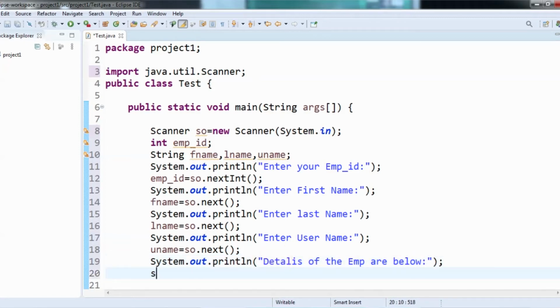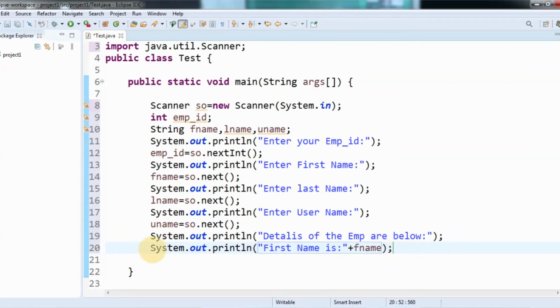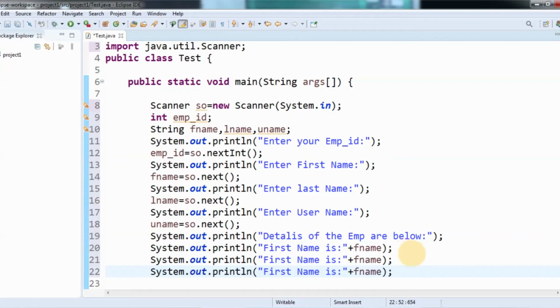And here I'm going to print that first name is, plus is used to concatenate, and here we need to print the fname. Exactly the same thing we have to do for the last name and username, and I need to print one more thing, that